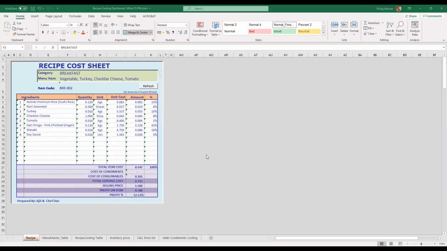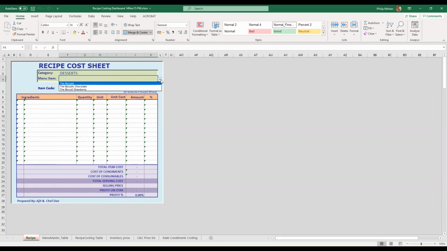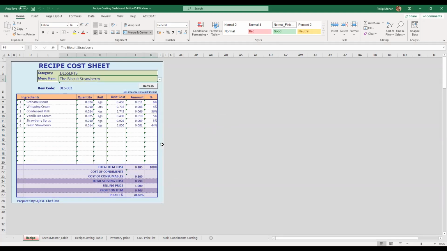Yeah. Okay, so here we have two drop-down lists actually. This is also a drop-down list. This is also a drop-down list. Now if you remember, we saw this. Desserts, and then under desserts I can choose three of these things, and if I refresh, something should happen. Okay, you get the recipe here.